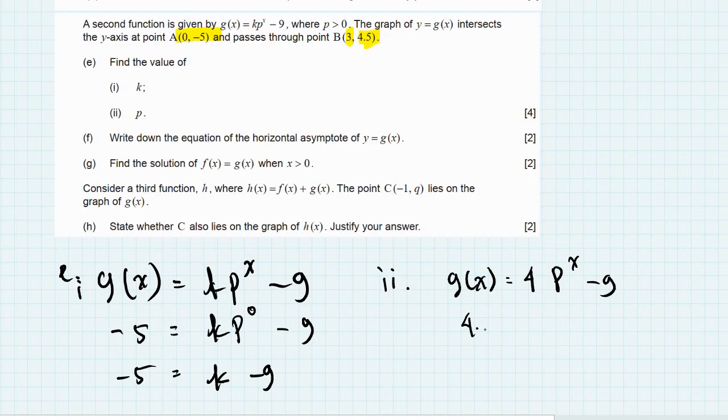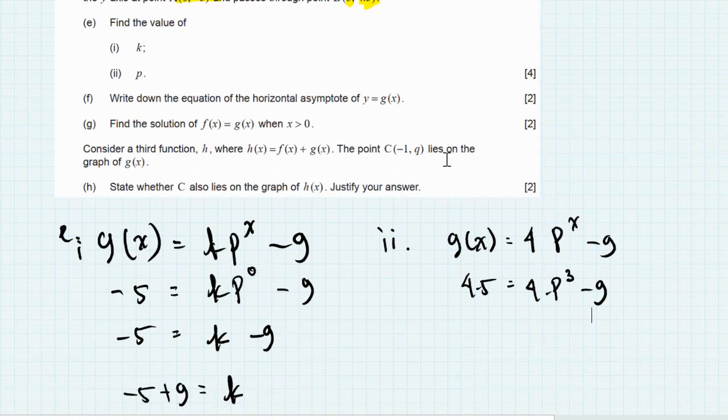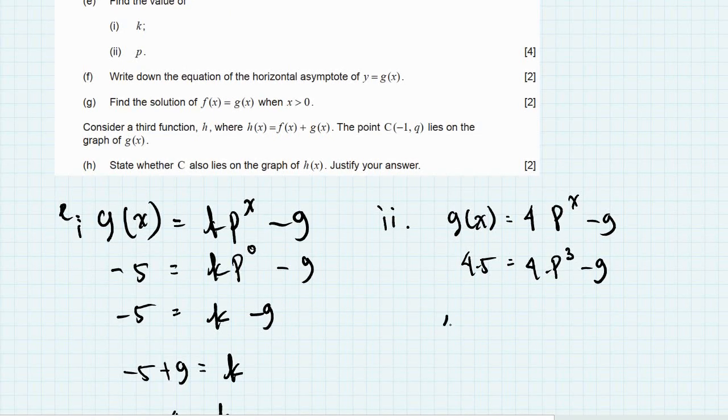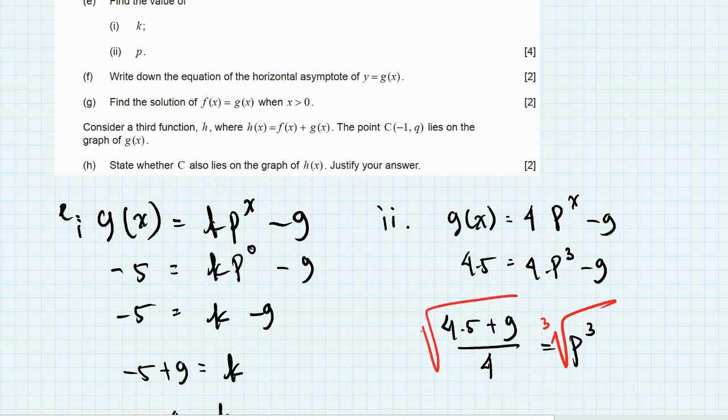So 4.5 equals 4 times p to the power of 3 minus 9. So we will have 4.5 plus 9, and then it's times 4 here, meaning divided by 4, equals p to the power of 3. Now to get rid of p to the power of 3, we will do the third root of that. So p equals,